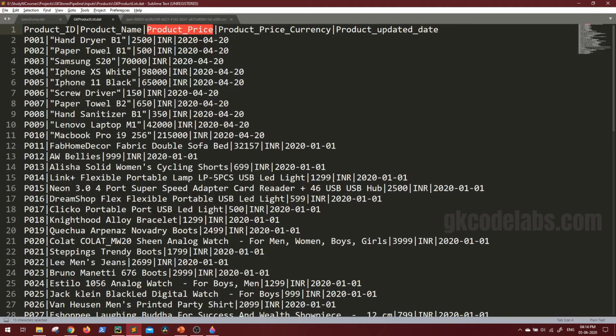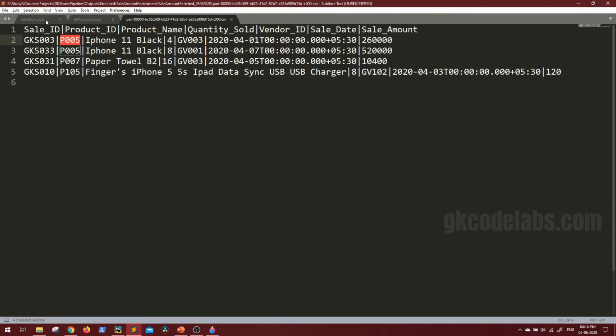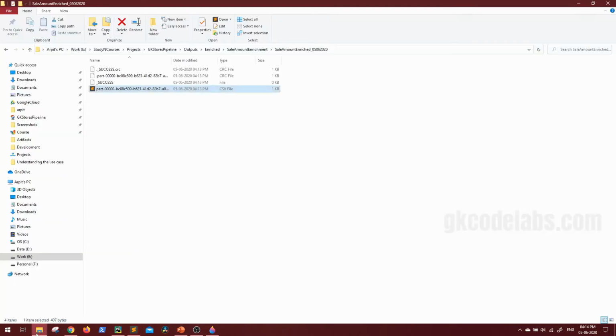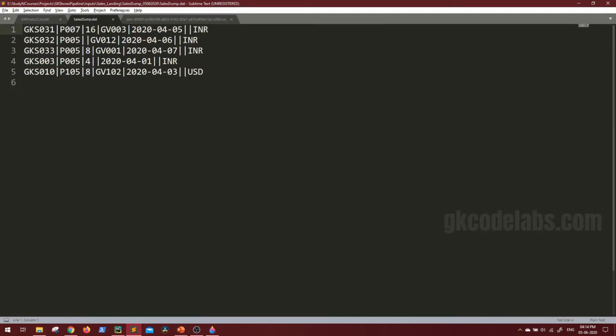And also let us verify once. P005 is iPhone 11 black, and this is 65K, and in sale 3, this is the old data. For current data, let me see here. So 003, we received an update with 4 units being sold.